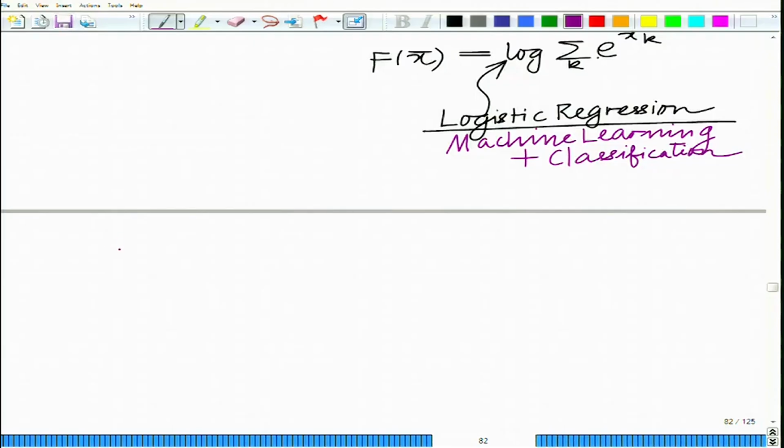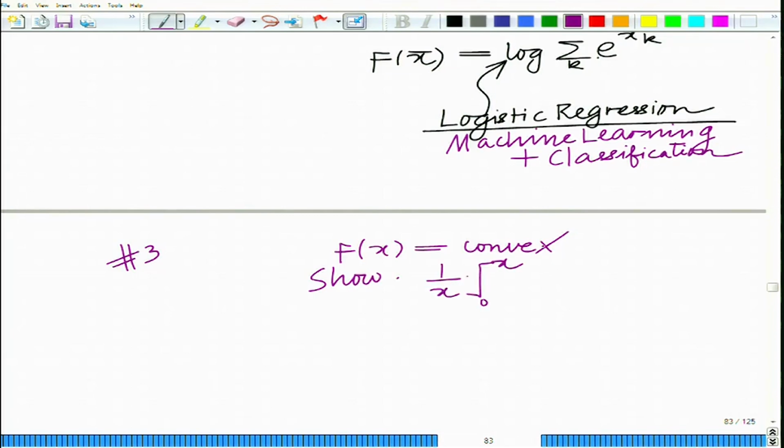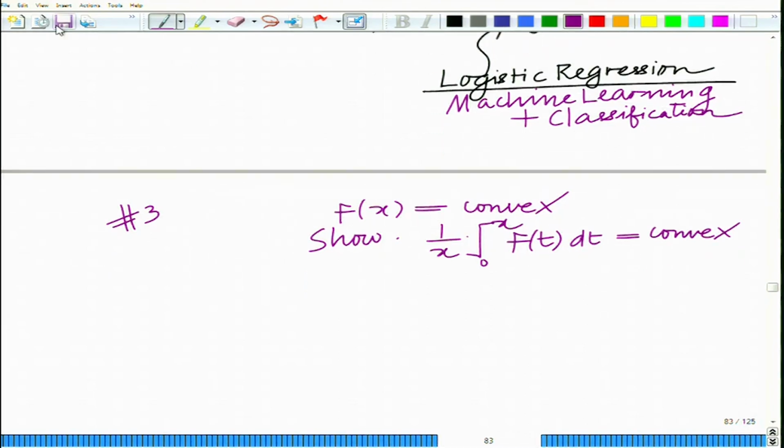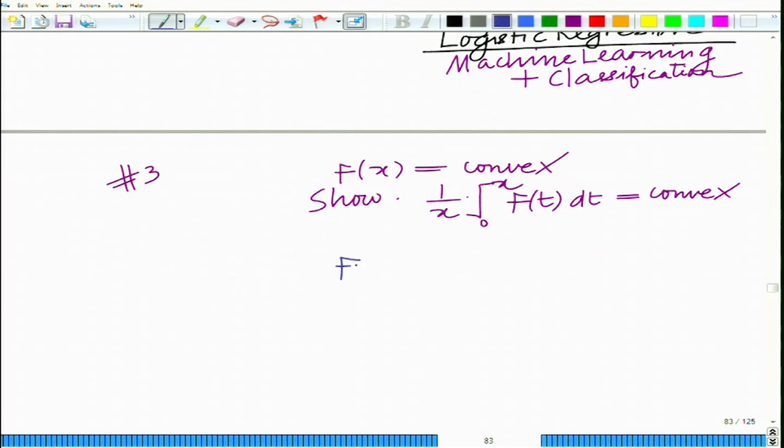We want to demonstrate that if f of x is convex, we want to show that 1 over x integral 0 to x f of t dt is convex. For that we will use a simple procedure. f of x convex implies, by the affine precomposition, f of Sx is convex